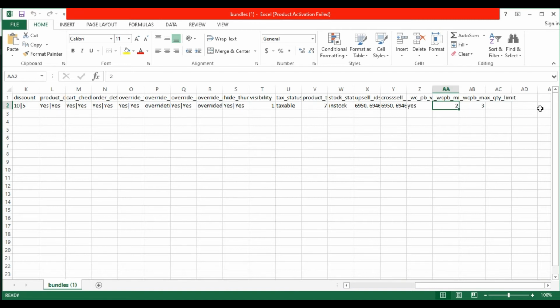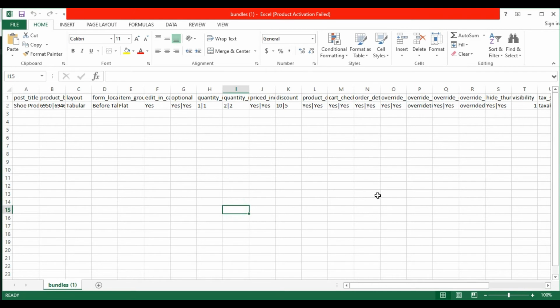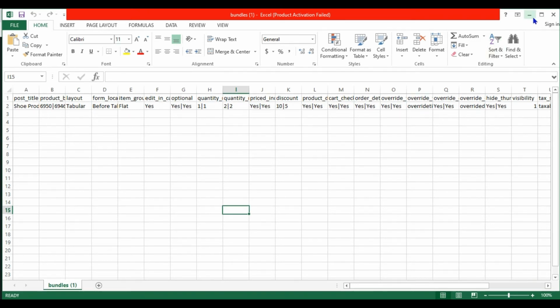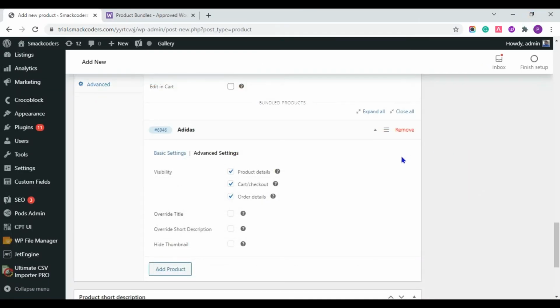Now let's import this CSV file using our Ultimate CSV Importer plugin. Move to the WordPress dashboard. Select the Ultimate CSV Importer Pro plugin.